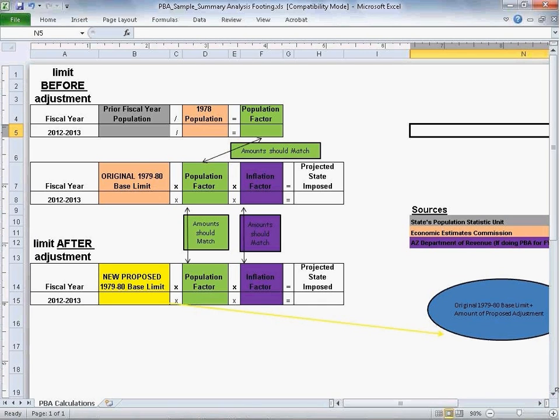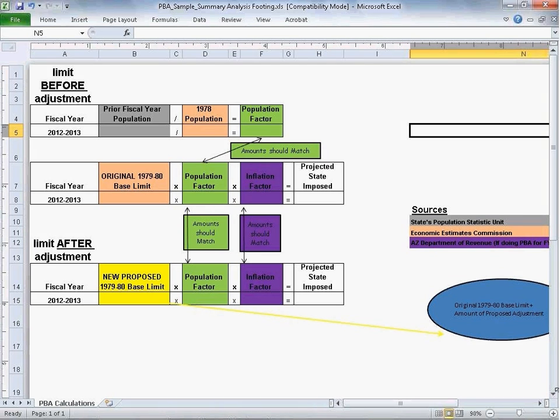The next item we verify is that the entity has used the correct 1978 population number from the most recently issued calculation from the EEC. Once we have confirmed that the population numbers used are correct, we can then check that the population factors are calculated correctly. Population factors are calculated by taking the prior year population and dividing it by the 1978 population. For consistency with how the EEC will make the actual calculation, this number should be rounded to 4 decimal places. If you are using Excel to perform this calculation, there is a simple formula to ensure the rounding is correct. The handout slides contain this formula.